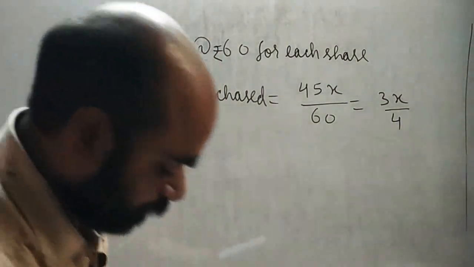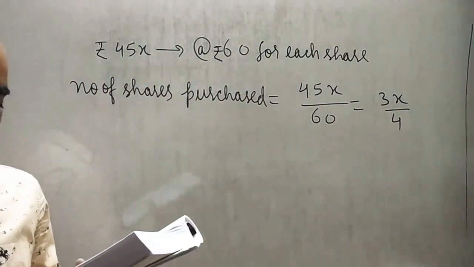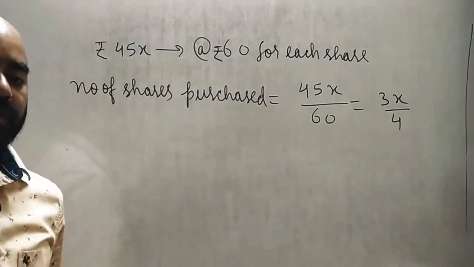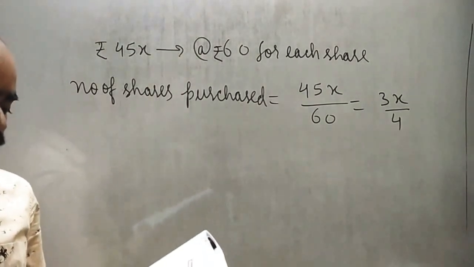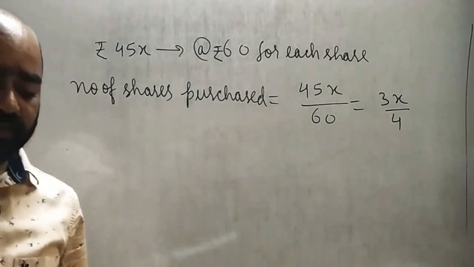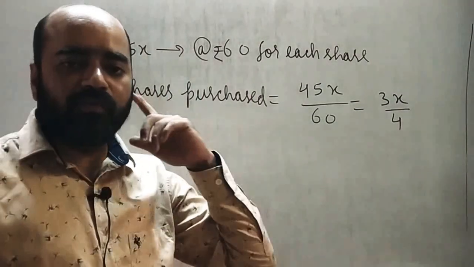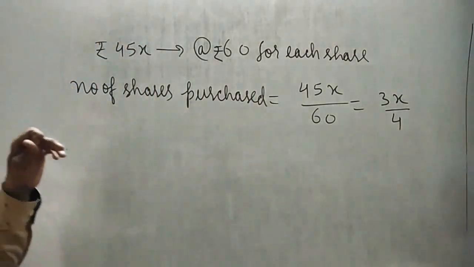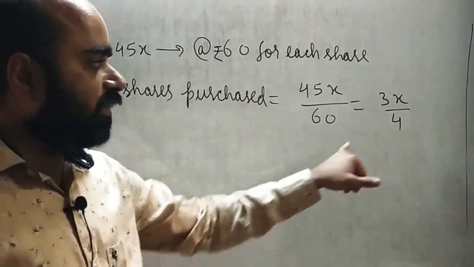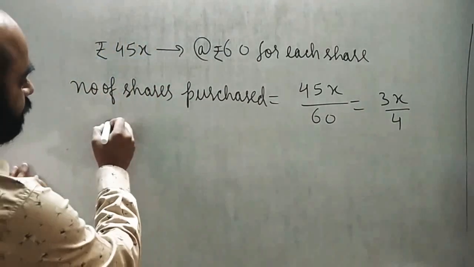So next, this transaction decreases his income from dividends by ₹120. It means we have to compare initial and final income, and since this transaction decreases his income, the final value will be less and the initial value will be greater. You can take total, or we can take for half. Why? This is only for half of the shares. So first we will calculate the final income.